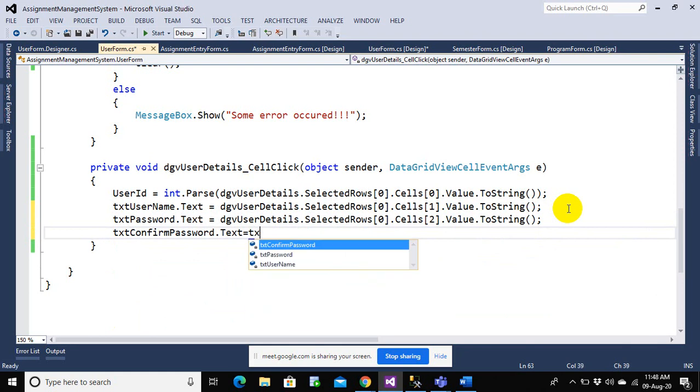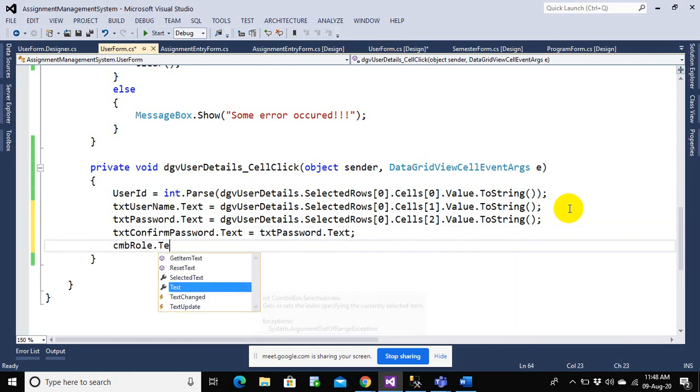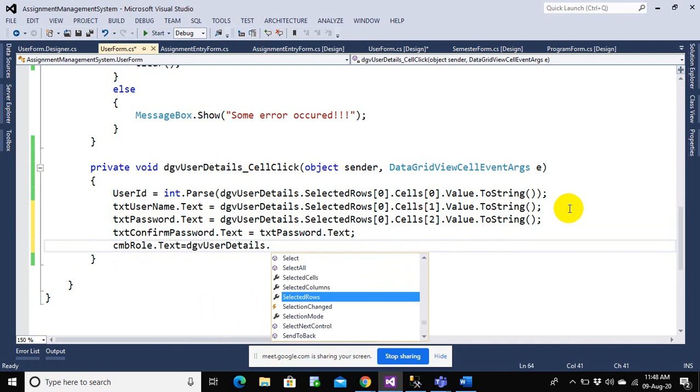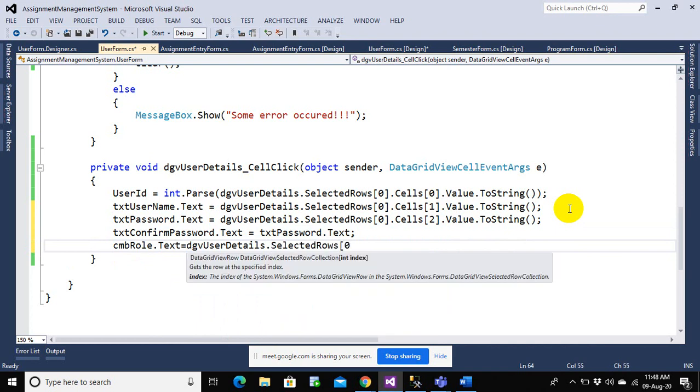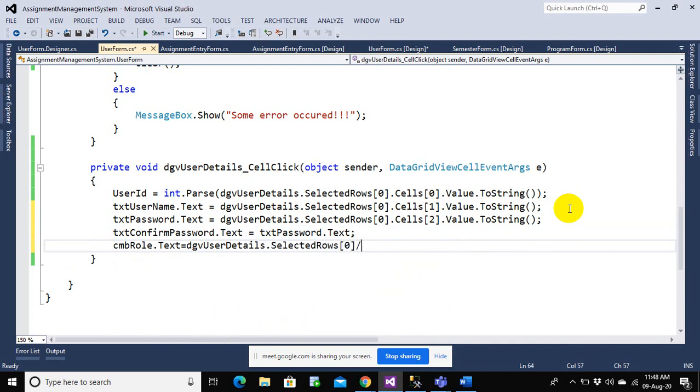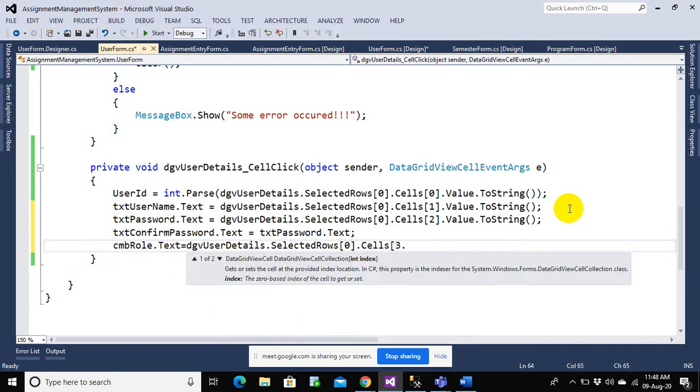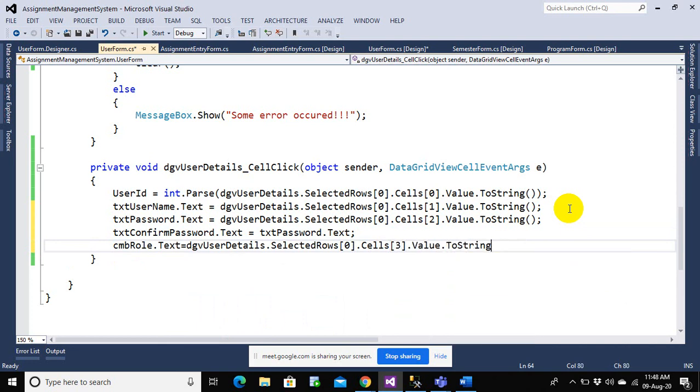It's exactly the same. And cmd role also the same. Cells 3. Okay, all right. So this is the major concept.